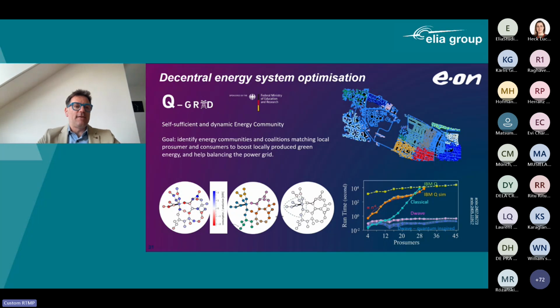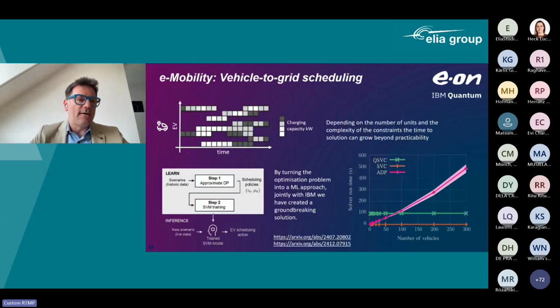So if we move to the next slide, I just want to introduce how we are looking at quantum computers to help us manage, for example, the e-mobility case of vehicle-to-grid scheduling. Again, the problem at hand is you have a fleet of EV vehicles, as you see in the chart in the top left, and you want to determine as a function of time how much charging capacity you want to allocate to each. The difficulty is that EV vehicles are typically not fixed and they move around, they might not be available, and you see this discontinuity in the plot.